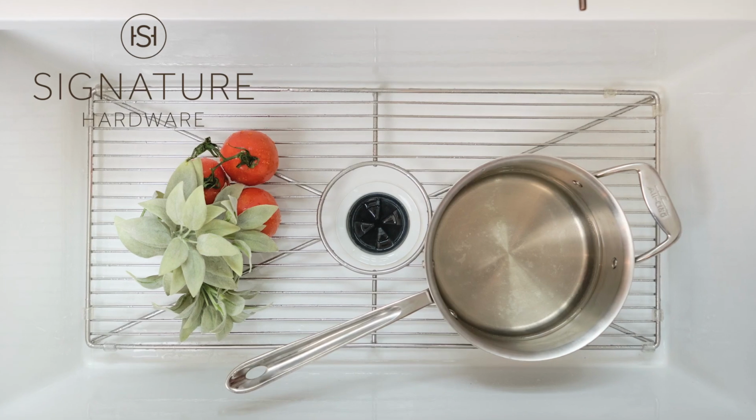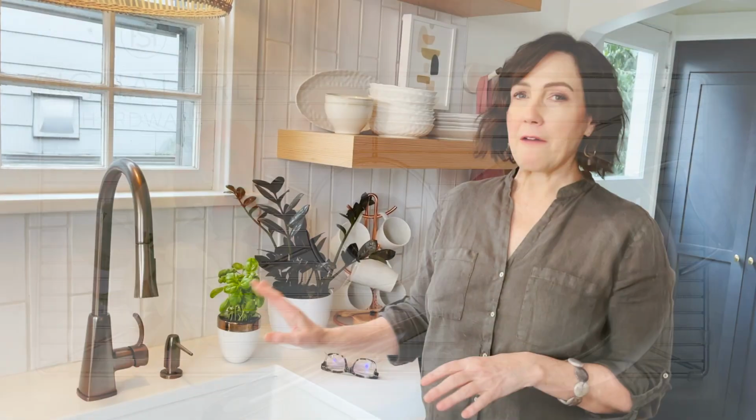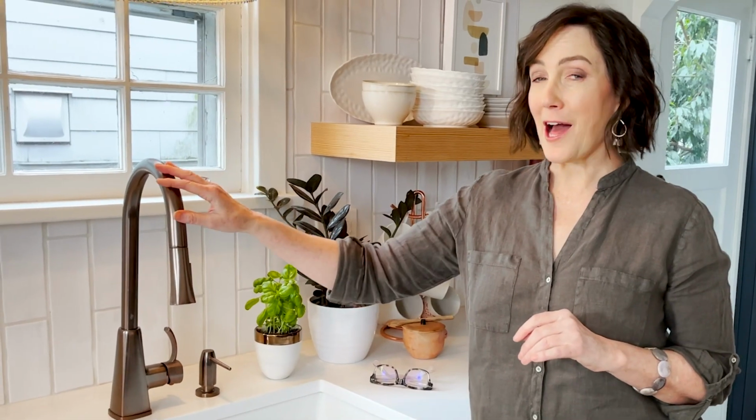One thing about this sink, when they sent it to me, it included this wire rack. I wasn't sure that I would actually use the wire rack. I'd never had one before, but after using it for a few weeks, I knew that it was going to stay. It's so easy to move, clean the sink, and I always know that my beautiful sink base will stay protected. I did pick this color for the faucet and the soap pump because I wanted it to coordinate with